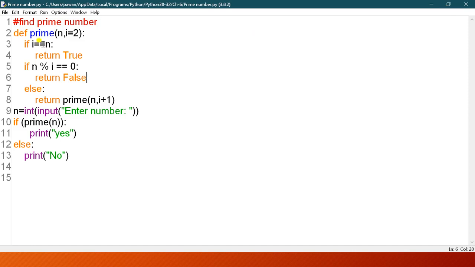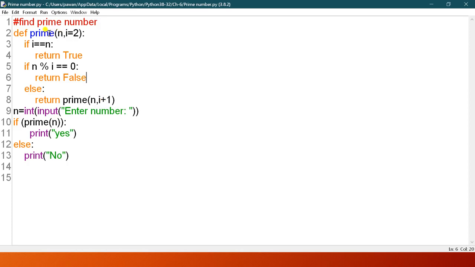When the value of n is 5, first this condition is checked, it is not true, so the compiler will come here. 5 mod i is equal to 0? No. 5 mod 2 is not 0, so it will not go into this block, it will go to the else part. Here prime(5, i) where the value of i changes, that is 3 now.